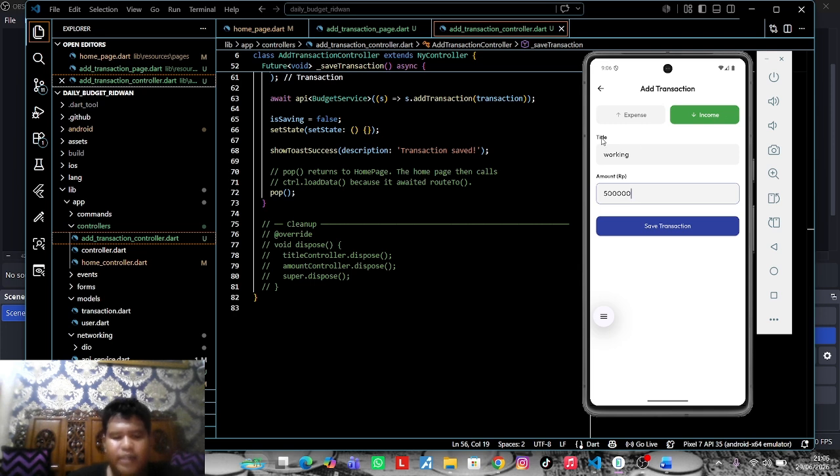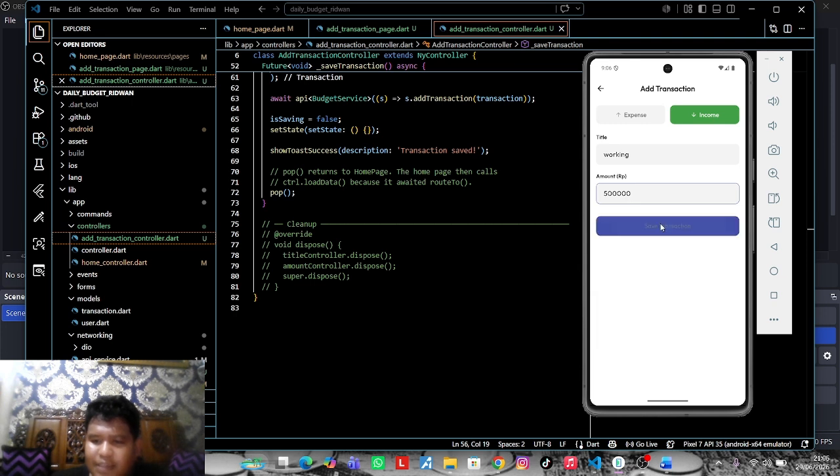After filling the required information, I will press the Save Transaction button. The application validates the input, saves the transaction, and automatically returns to the home page.